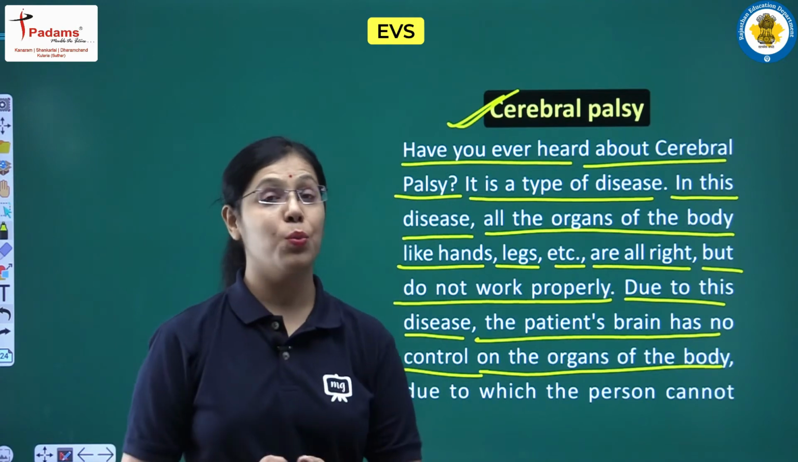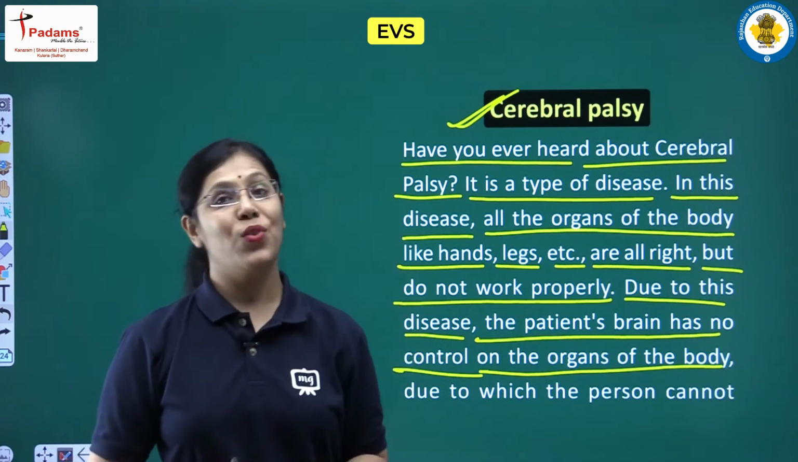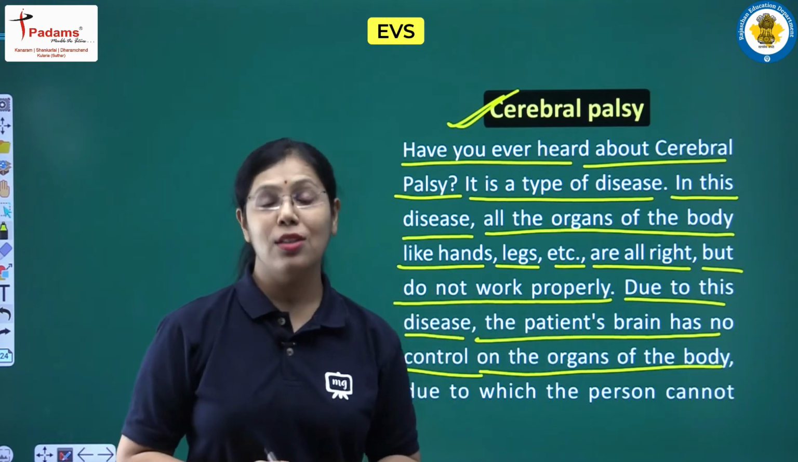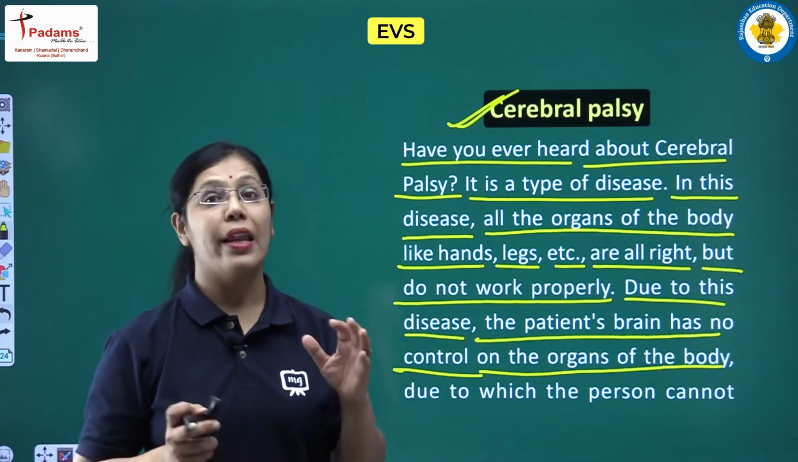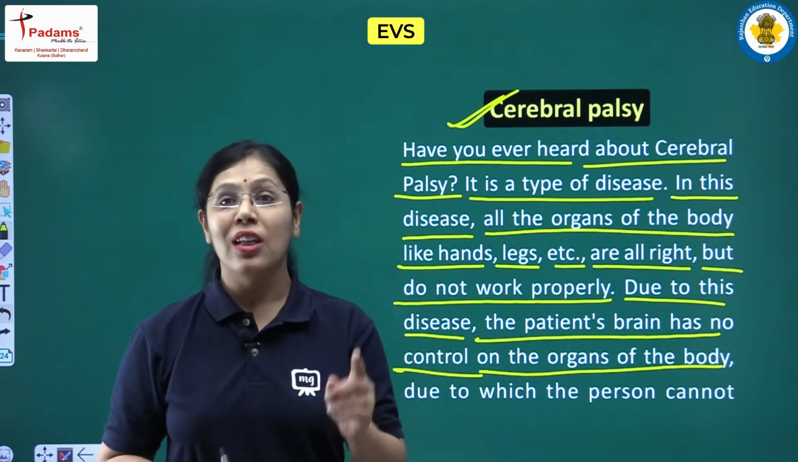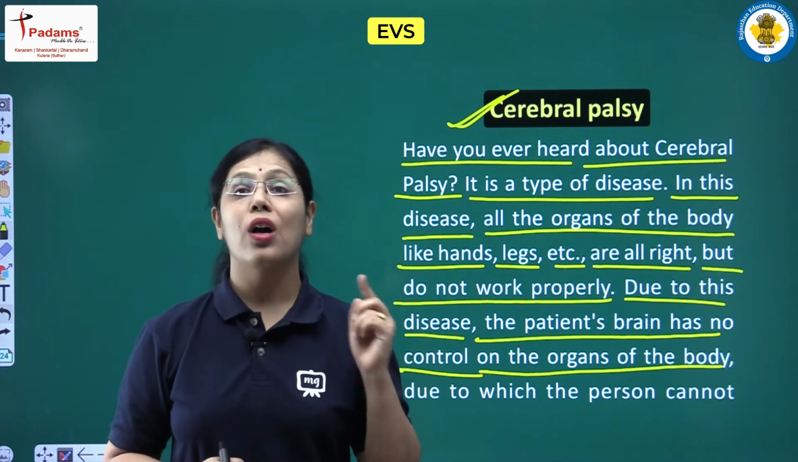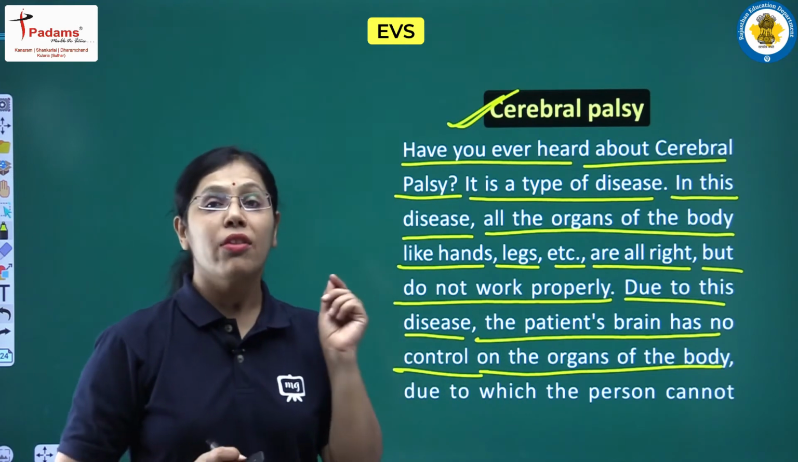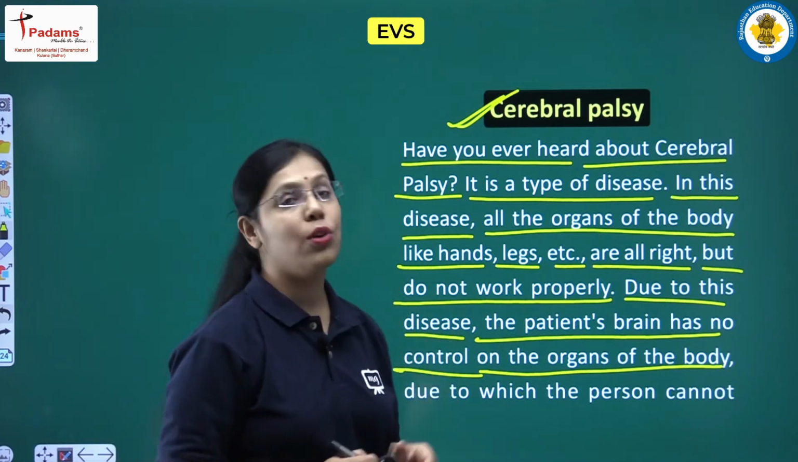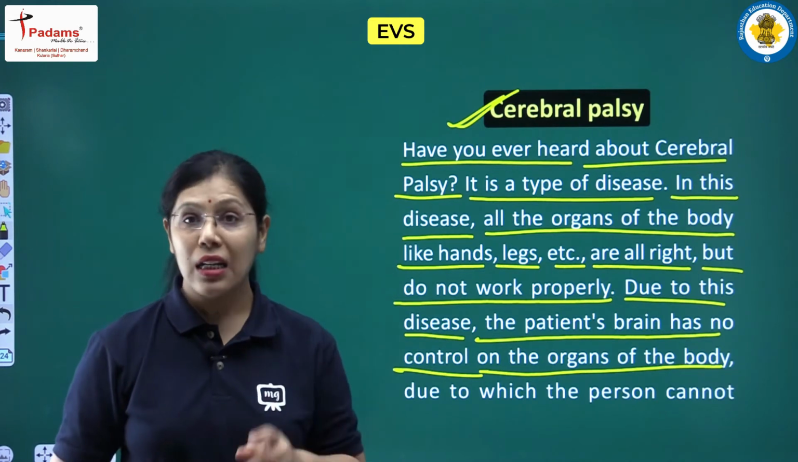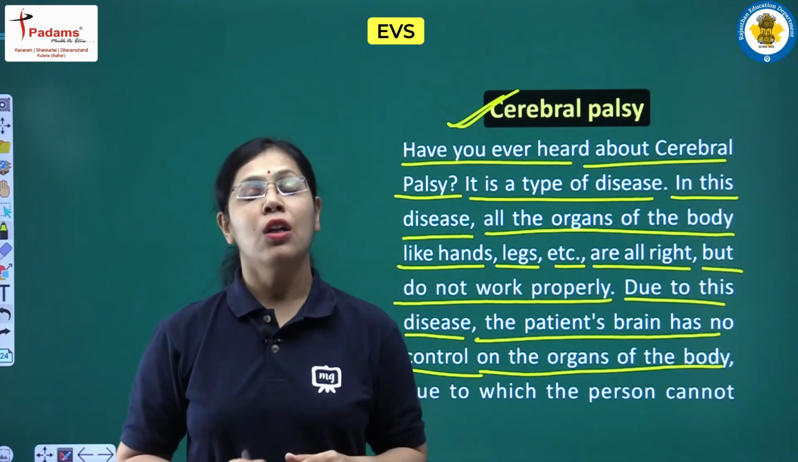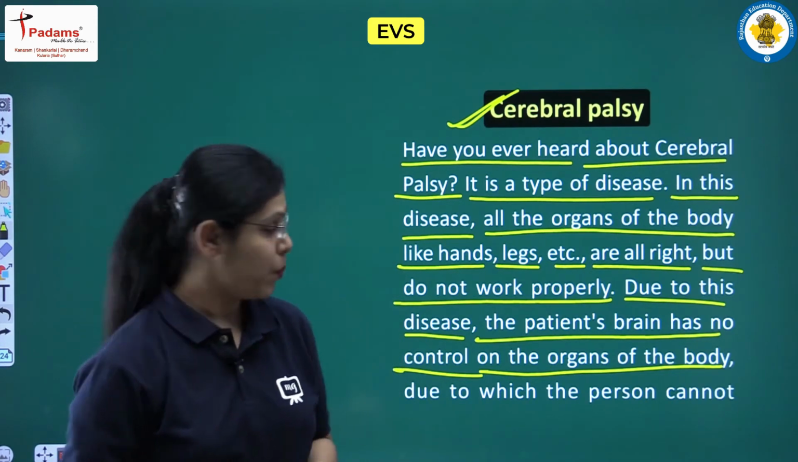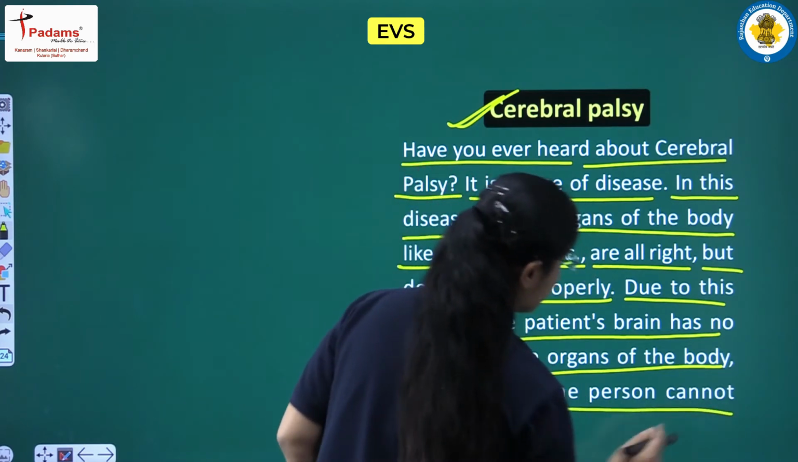So dear students, you must remember that the brain is a very important organ of the human being. So all these parts, all these organs of our body are able to function properly only when our brain is able to control them in an efficient manner. So here in these patients, their brain is not having control on the organs of the body, and that is the reason that despite their organs being all right, they are not able to function in a proper manner, due to which the person cannot